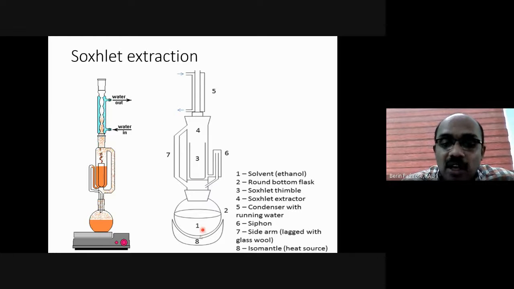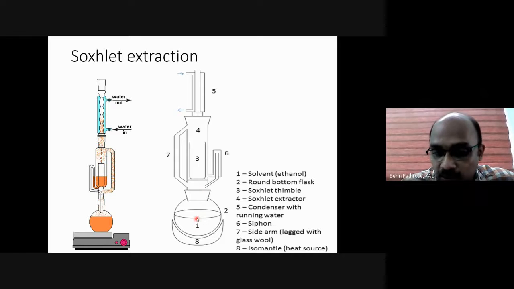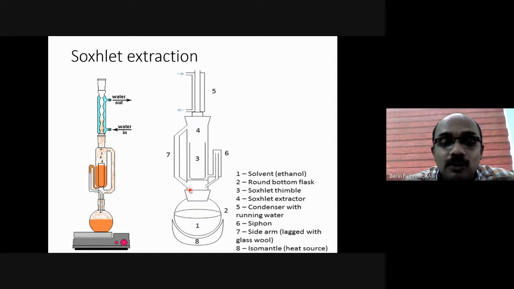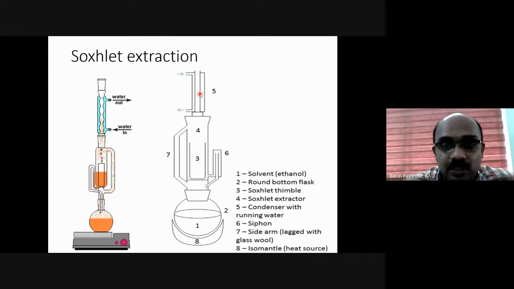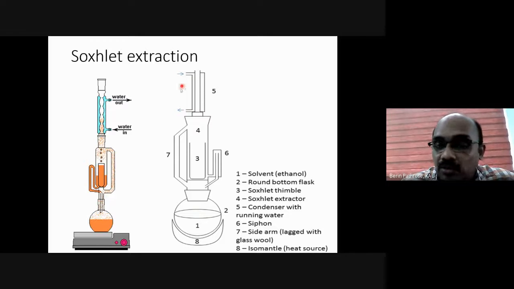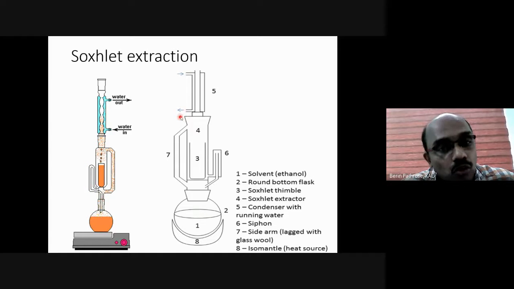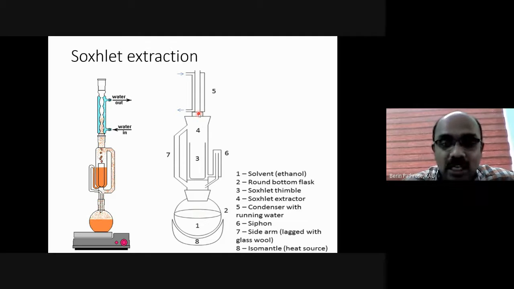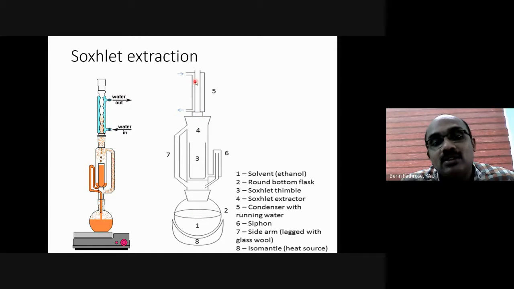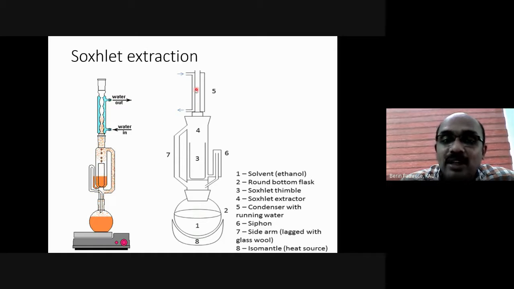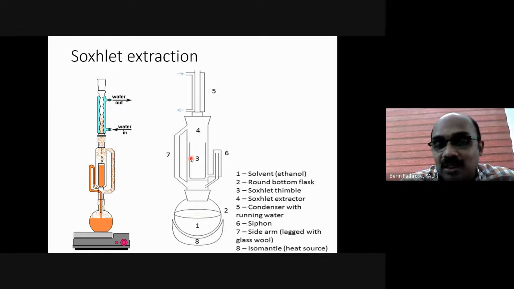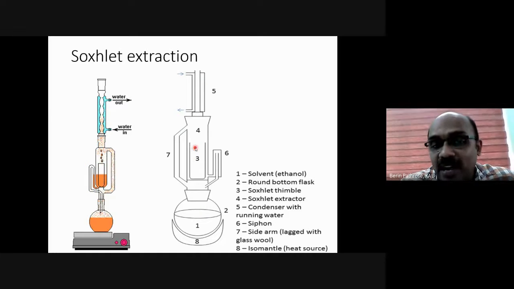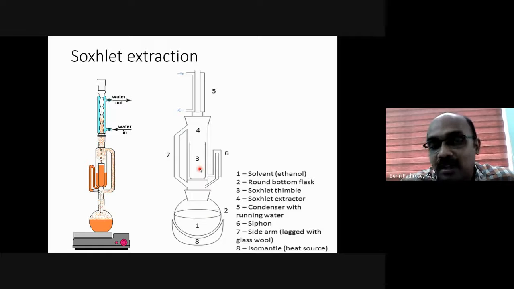Whatever be the vapor which is coming out, the solvent starts evaporating, from this round bottom flask, it moves over through this path and reaches the top and reaches the condenser. In the condenser, we are keeping a constant flow of cold water, ordinary tap water. Because of the low temperature over here, all the evaporated solvent will get condensed and come out again, and will drop back into this Soxhlet apparatus as liquid.